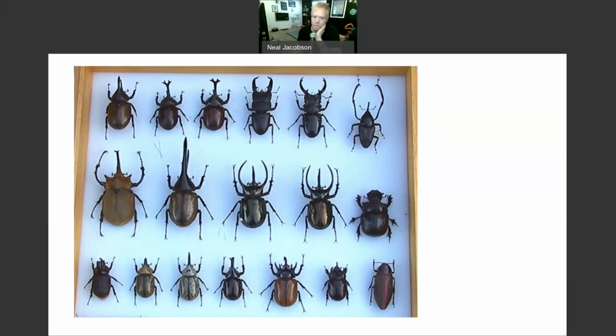Here I show an example of where a researcher has collected a large number of different types of beetles, and they all have different horn sizes and horn shapes. And so you could maybe make some claims about which ones are more aggressive or something like that. But you would say maybe aggression is related to the size of the horns produced. And so you could do a descriptive investigation just watching, observing, recording, and measuring the size of their horns.